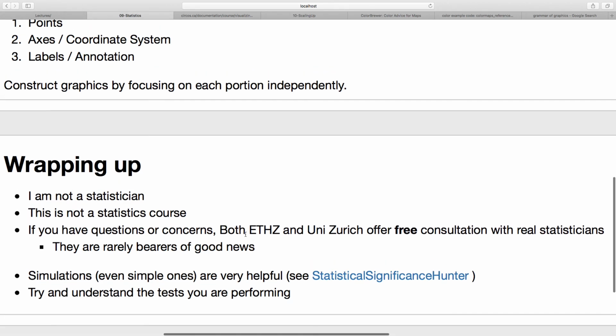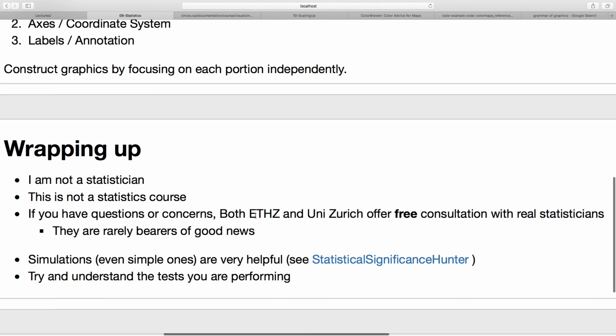So I would strongly recommend doing that for anyone who gets involved in more complicated problems or has a feeling the simple tests aren't applicable. And because it doesn't cost you anything, there's no real harm. The only downside is that they are rarely bearers of good news. If you talk to the statistical office, very often they'll say that the conclusions you've drawn aren't justified by